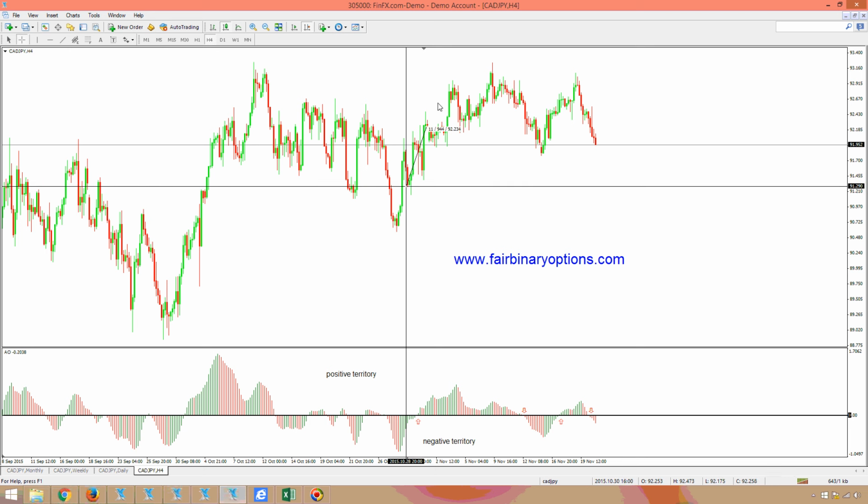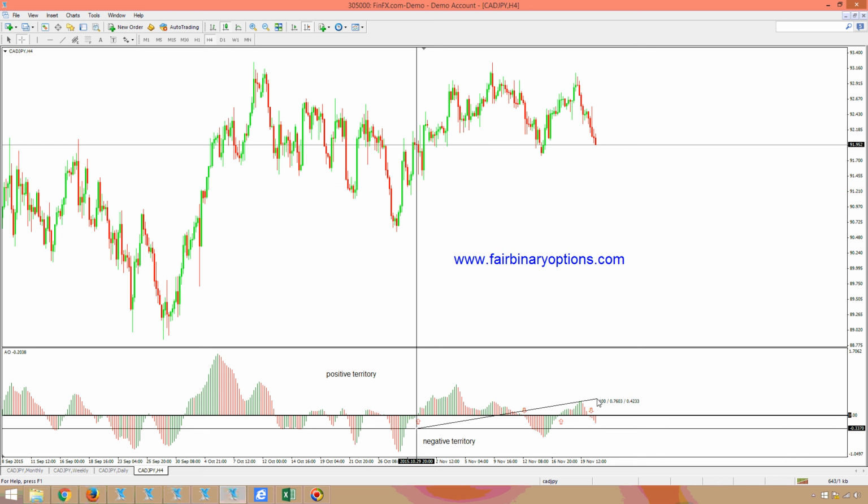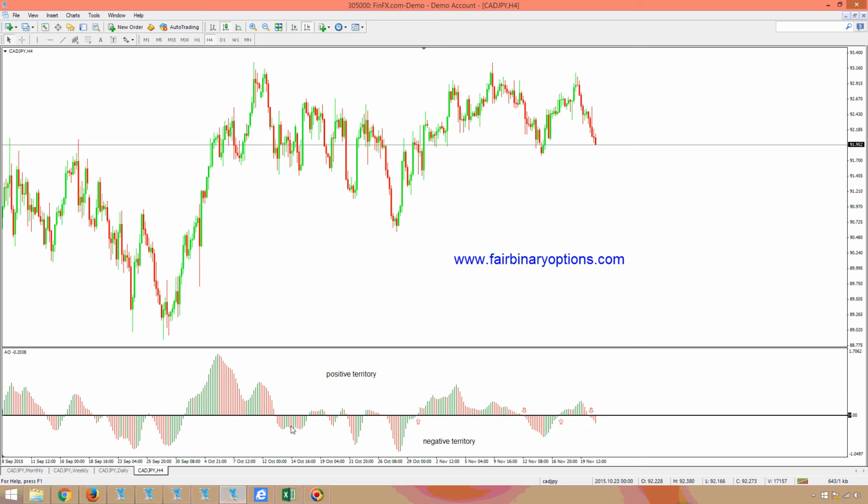Now look at this structure. From here to here, in 99 candles of 4 hours, you will have 4 winning trades, or 4 options expiring in the money, only on a simple interpretation with the transition on the 0 level. From positive to negative you go and trade put options, or from negative to positive you go and trade call options. Now taking into account that binary options trading has more than a 70%, 80% rate of return, with 4 consecutive winners you become more